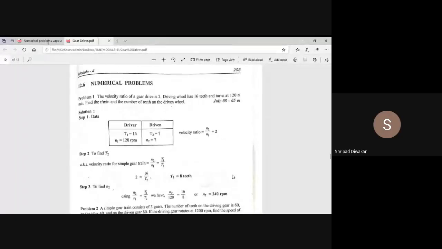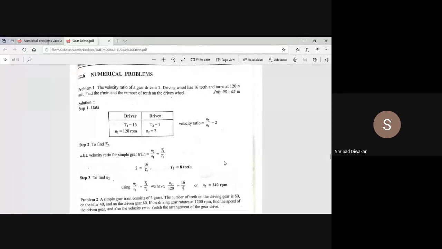Okay, I'll start with the numerical problems on gear drives. Hope all of you are seeing the contents on the screen. Okay, the first problem is